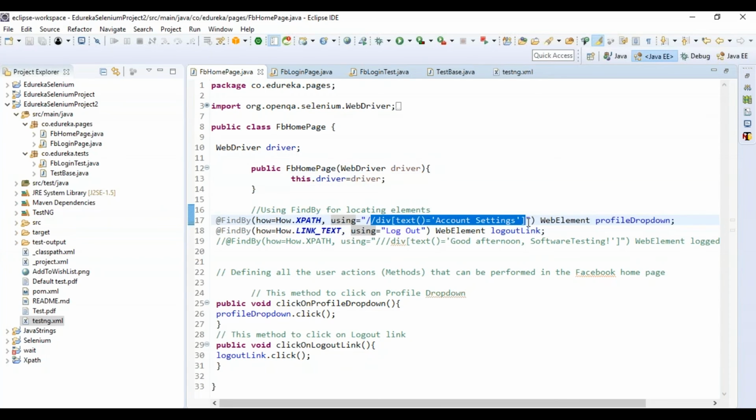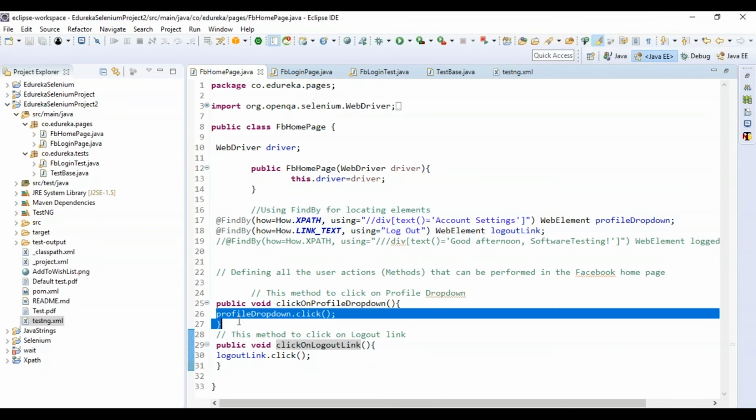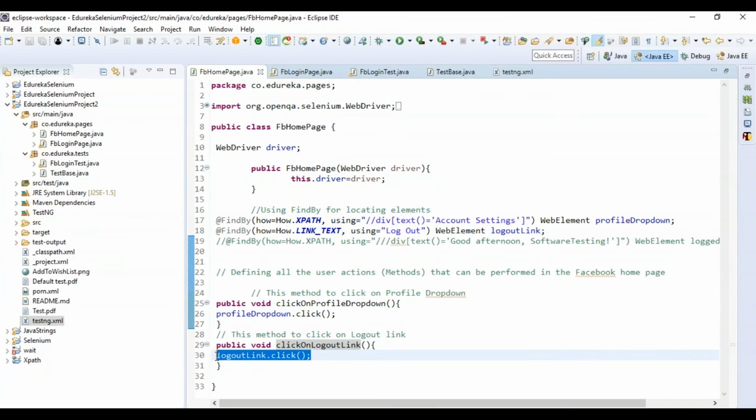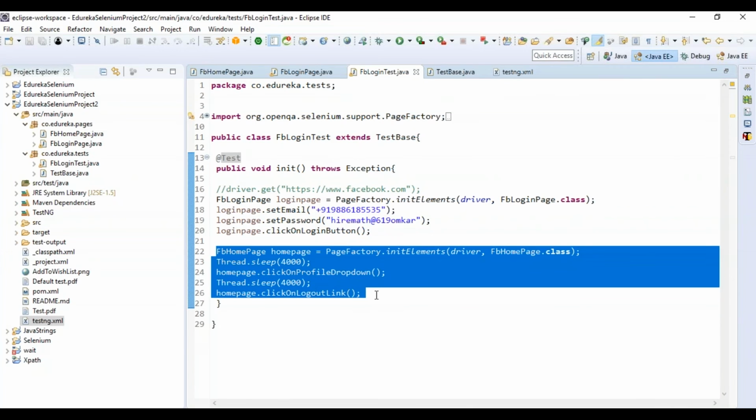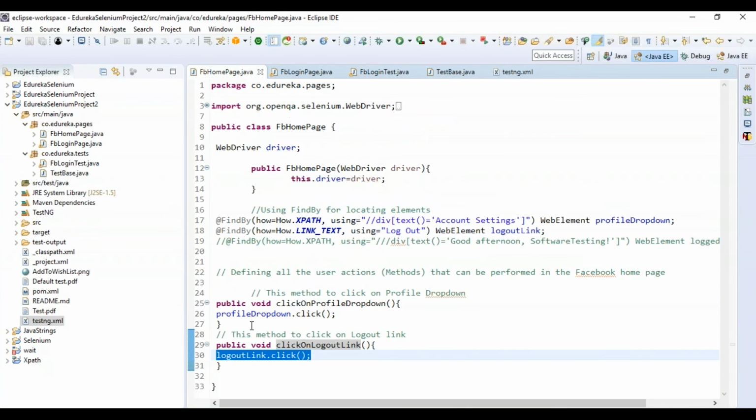To click on the account settings, that is a drop down, I'm using the link text. Again I'm using the link text present on the logout, and the web element will be the logout link for this logout locator, and the web element will be the profile drop down for the account settings. As both are links, I'm just clicking on the profile drop down link and the logout link as well. And again in the FB login test, these things are the call to action from this